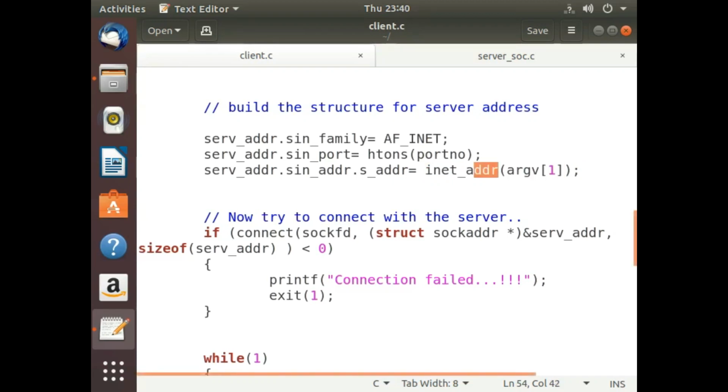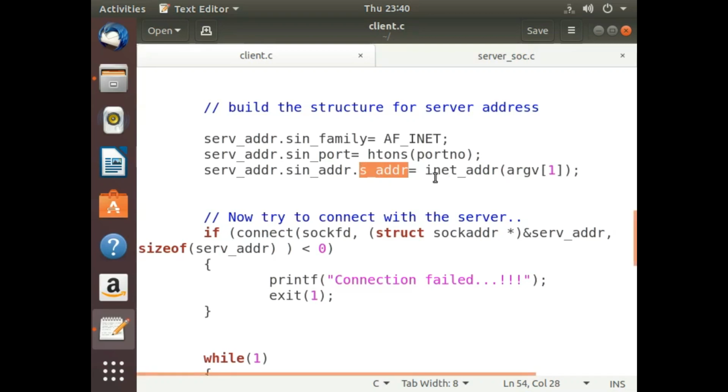Here we are using a function inet underscore addr. Why is it so? As I told, every command line argument is just a string. So conventionally, if we are specifying the loopback address, it will be 127.0.0.1. So it will be a string, but this information needs to be stored in a format with which the system will be able to identify it as an IP address.